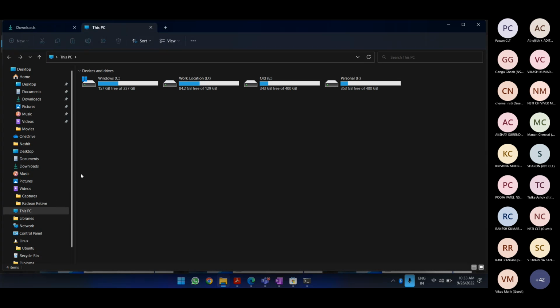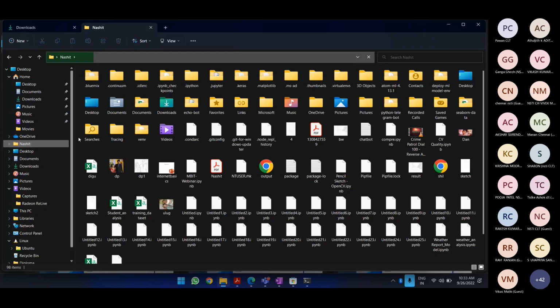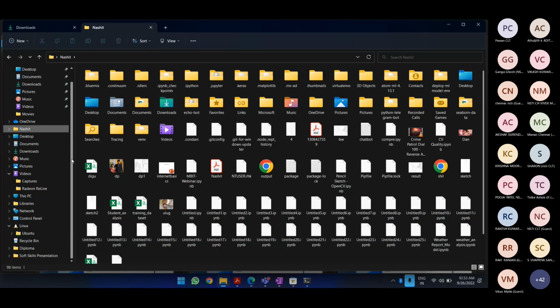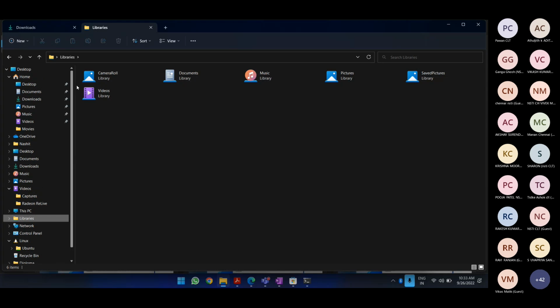Now let me figure out where this Nashid is. This seems to be the Nashid, not this one. Home directory. Yep, that is the home directory.